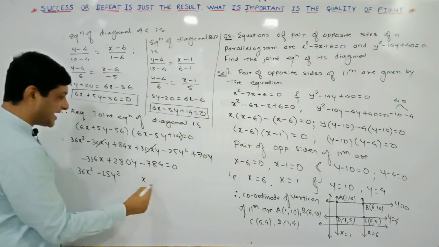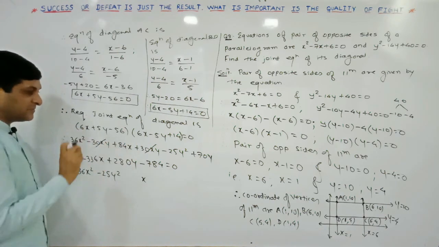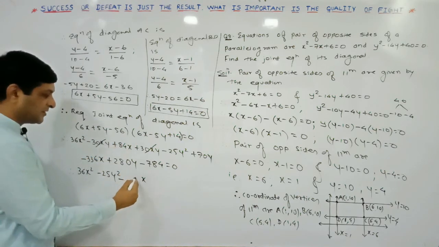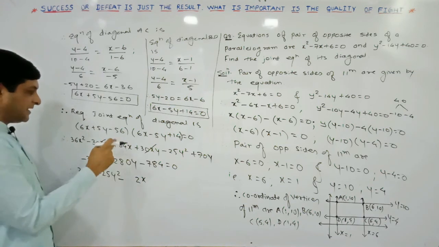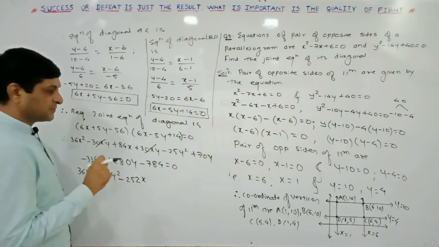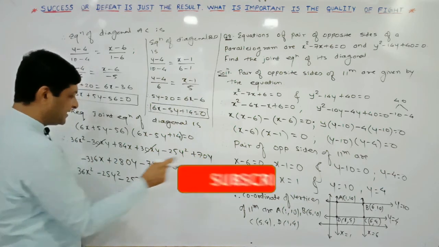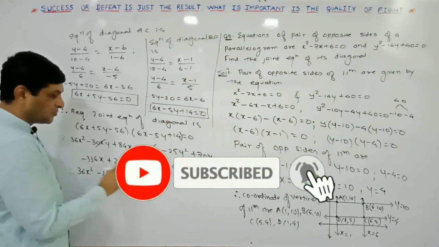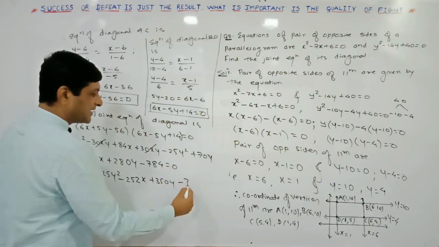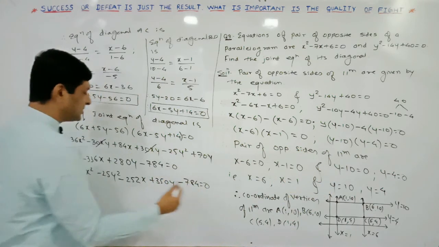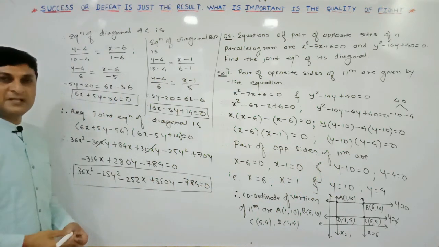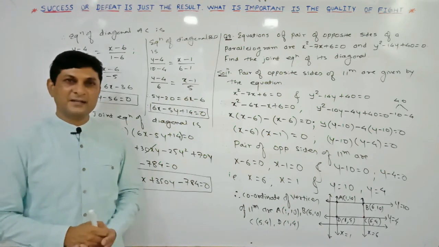So here x, keep it as it is. Here one term is negative, another term is positive. Greatest term is negative, so here we'll get minus. 6 minus 4 will be equal to 2, and 33 minus 8 will be equal to 25. So 252x minus 252x. Then collect the terms of y. 70y plus 280y will be equal to 350y, and lastly write down the constant term minus 784 is equal to 0. So in this way we have got our required general equation of second degree in x and y, which